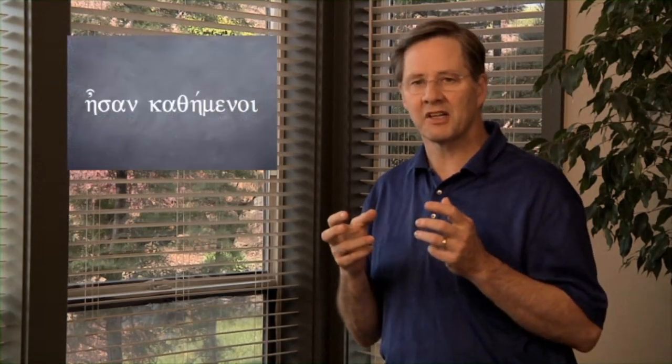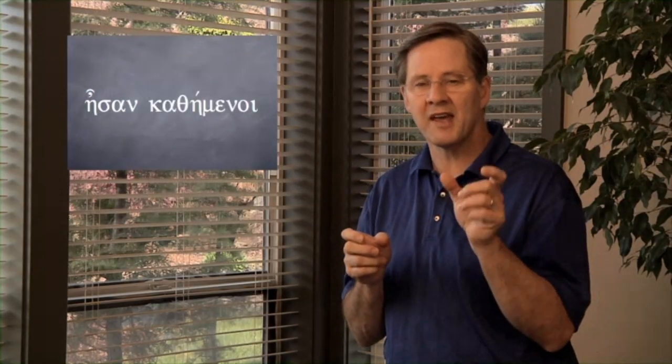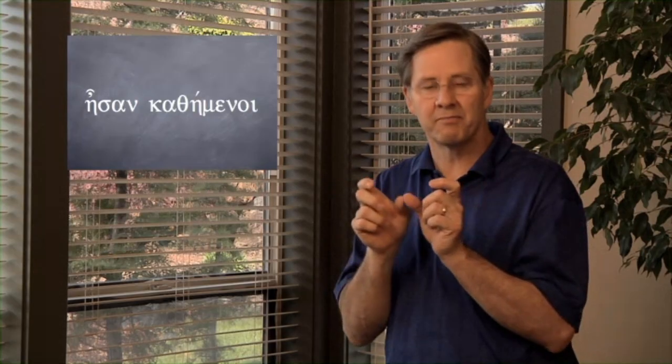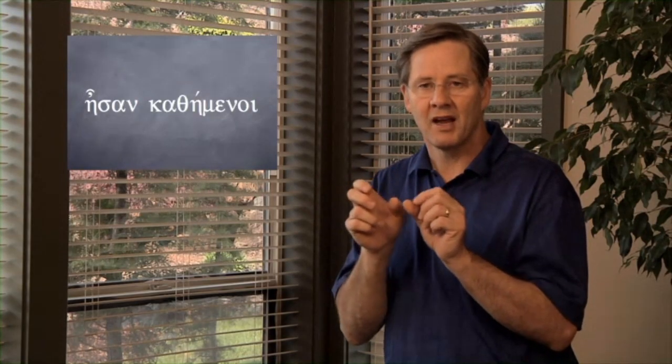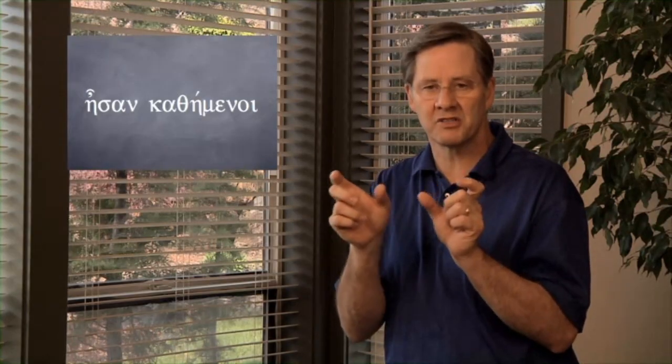And a periphrastic construction is, instead of just using a simple verb, you use a form of eimi, and then you take that verb and put it into a participial form. And the periphrastic way of stating it is to have eimi plus the participle of the verb. Originally, the periphrastic construction was an emphasis on the linear or the ongoing continuous nature of the verb. Now, there are other ways to emphasize that, like using imperfect, but if the Greeks wanted to really emphasize the continuous nature of an action, they would use a periphrastic